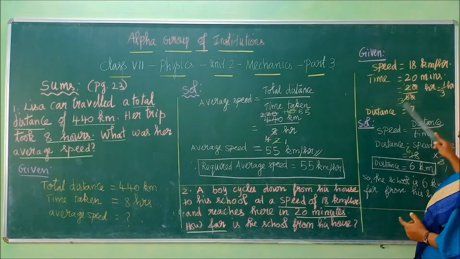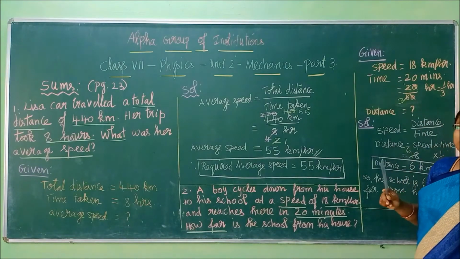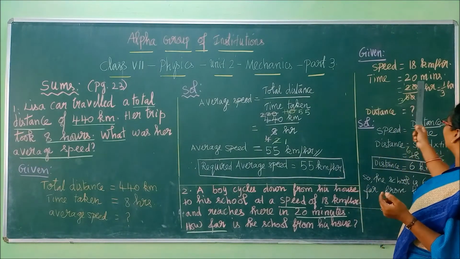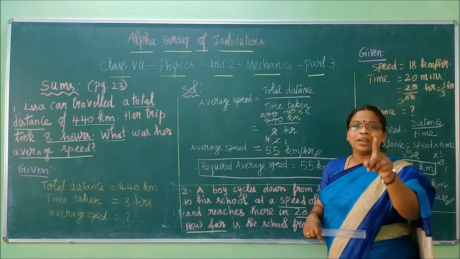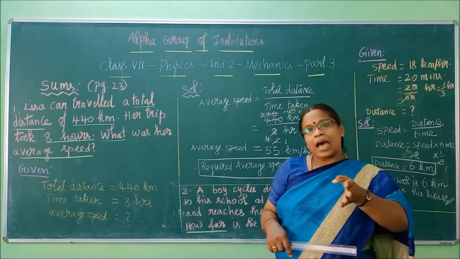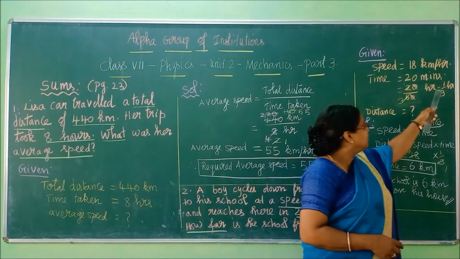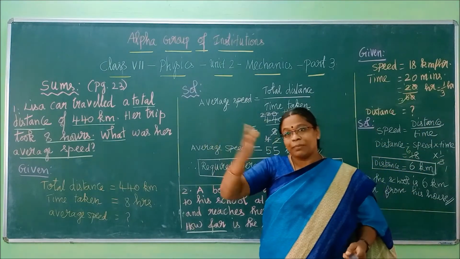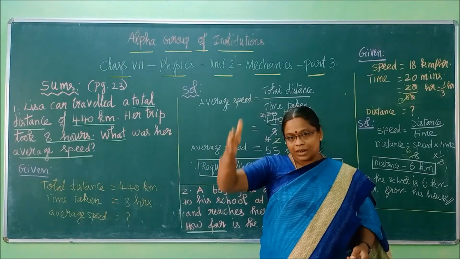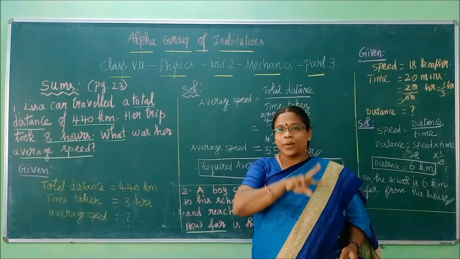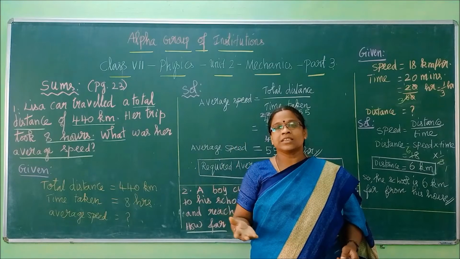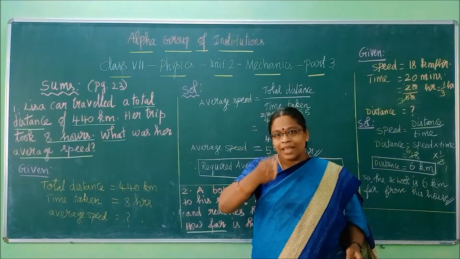So these are all numerical ability or mental calculation only should work. Here 20 minutes. In 1 hour, if you divide it, half means what? 30 minutes. 1 by 3, 1 hour divided by 3 parts. So 20, another 20, another 20. 20, 40, 60. Can you understand? Now, like that you have to divide.